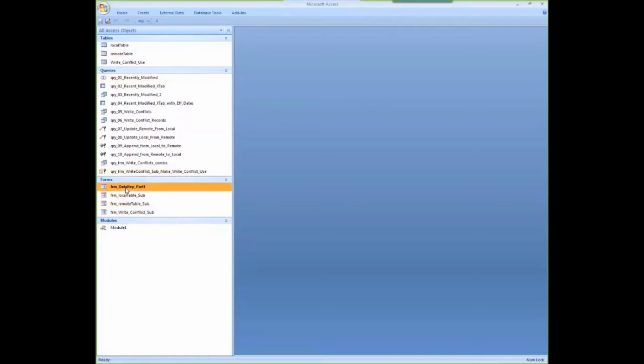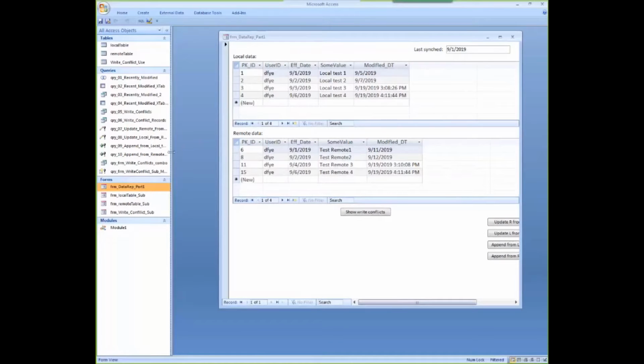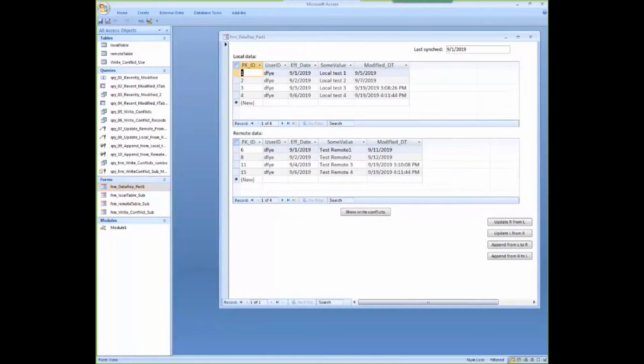Okay, I created a form for viewing this data, so we could view it all at once. Okay, so you can see the data here, and I plugged in some information to make it easy to tell where the data came from and what record it was on in each of those. You'll note that the primary keys in these two data sets are different, which they would probably be.